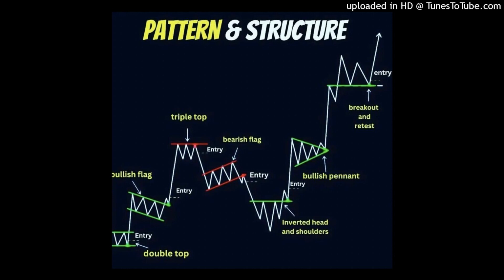The only difference is the formation here looks like a flag and the formation here looks like a pennant. But the idea behind both of them is the same exact thing. Stock makes a major move up, takes a break, continues. Same idea, just has a little bit different formation. Beyond that, we have a bear flag and we have a bear pennant. It's the opposite. Stock makes a major move down,